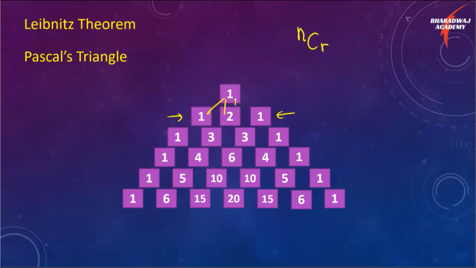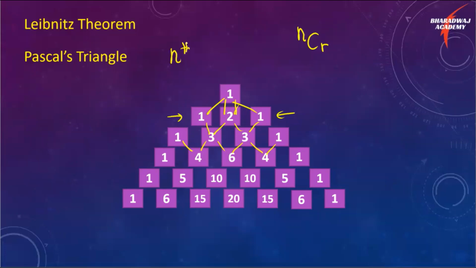1 plus 1 is 2 here. Yes. And here 1 plus 2 is 3, 2 plus 1 is 3, and here 1 plus 3 is 4, 3 plus 3 is 6, 3 plus 1 is 4. Yes. So as you can see, now what we have to do is, if it is the nth derivative,